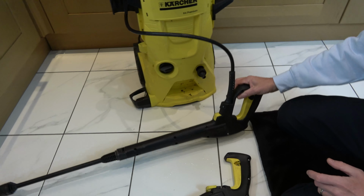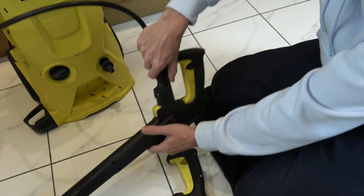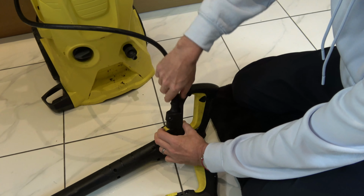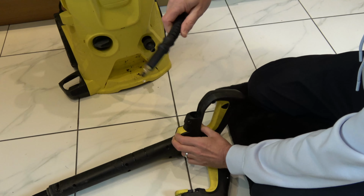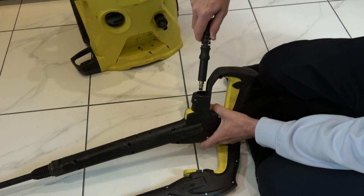On this model, to take the lance off, all we have to do is press this button in and it's got a push fit connector here. So we're going to push the button in like so and just do that and you can see that will come straight out. Then when you get your replacement lance, all we have to do is put this in and